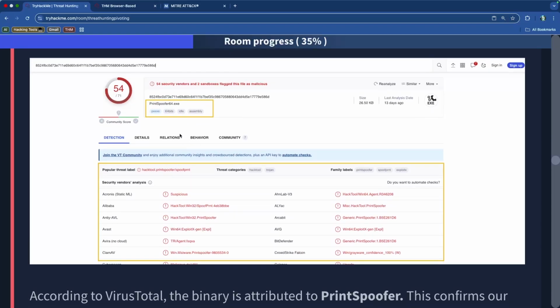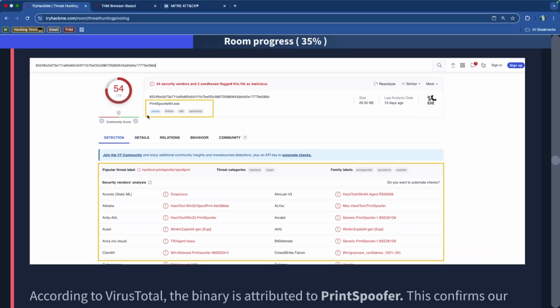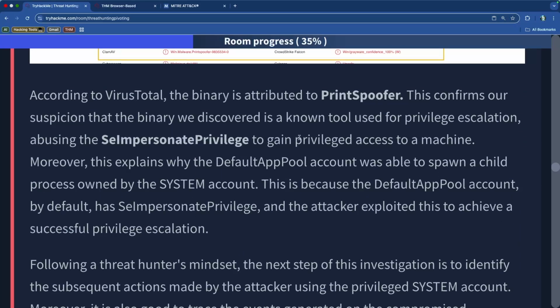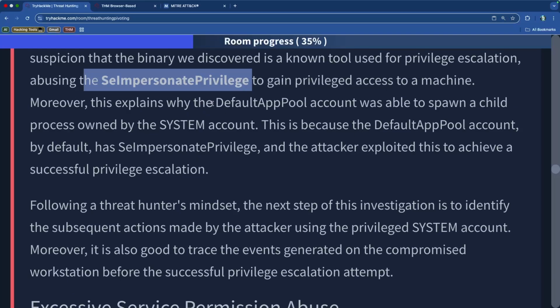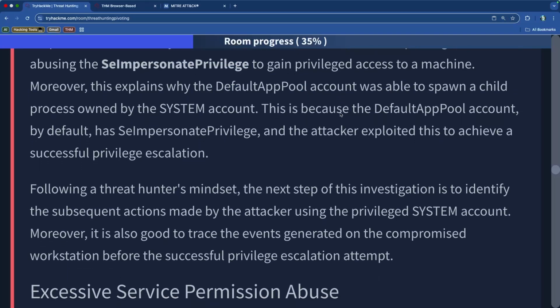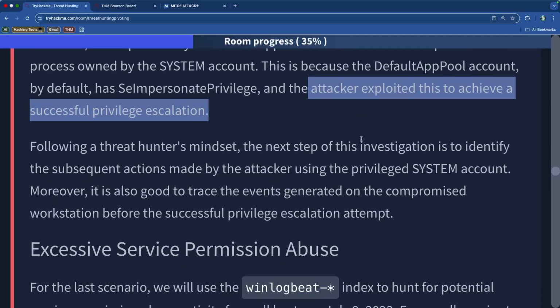And when you run it, you get to see, boom, printspoofer64.exe is the original name of that binary. And it's been marked by 54 of the security vendors. So it is malicious, okay? And abusing the SeImpersonate privilege to gain privileged access. Then it explains why the default app pool account was able to spawn a child owned by the system account, and this is because the default app pool by default has impersonate privilege, and the attacker exploited this to achieve the